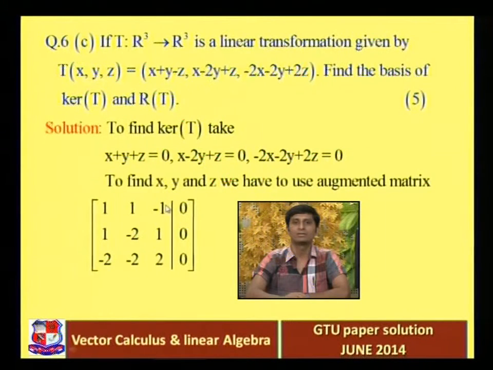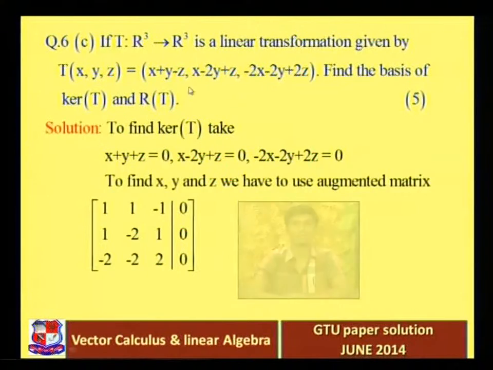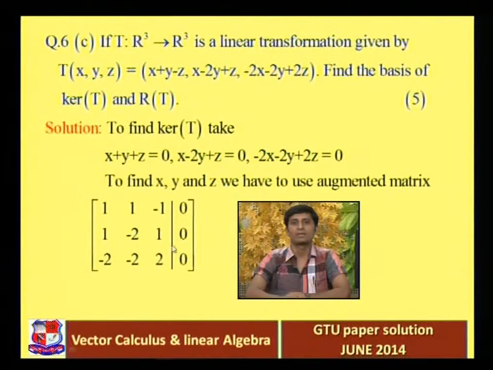minus 1, right? This is x plus y, this is x plus y minus z, okay, not plus z, this is x plus y minus z. You can see the first coordinate is x plus y minus z, so that's why this is the coefficient of x, y, z from the first equation, 1 1 minus 1, and then x minus 2y plus z, so we get 1 minus 2 1, and then minus 2x minus 2y plus 2z, you will get minus 2 minus 2